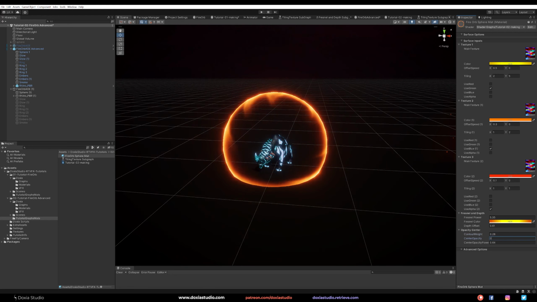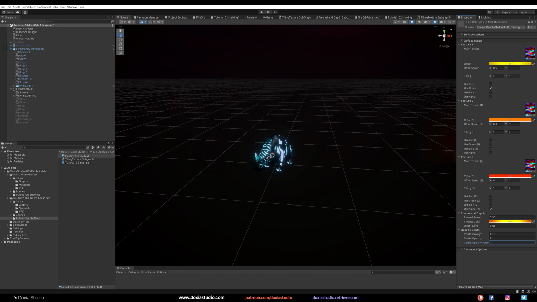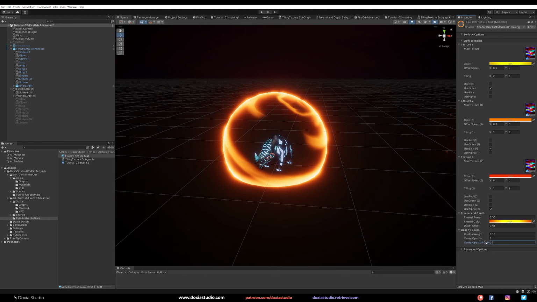You can see this nice bubble. And if we go to 0.5, and as you can see, by changing the contour or the stroke, we are changing the size of that sphere in the middle.